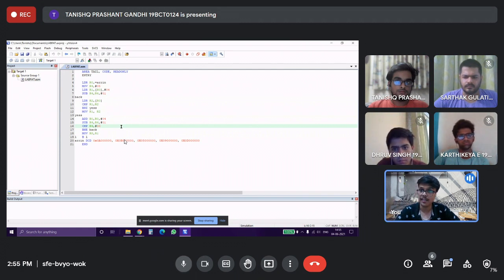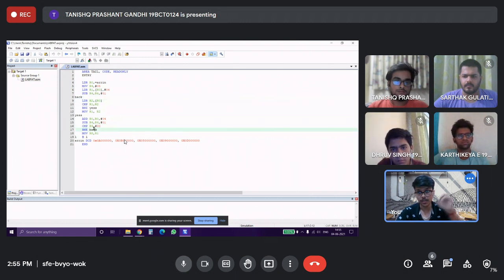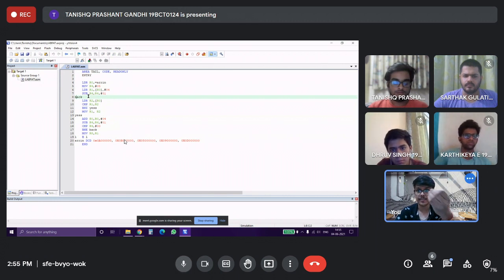After decrementing the counter R4, if the value is not equal to 0, it will loop back. If it is 0, it means we have compared everything. BNE means branch if not equal. So it will see the compare result and loop back. And the value of R0 is added 4 in line 14.